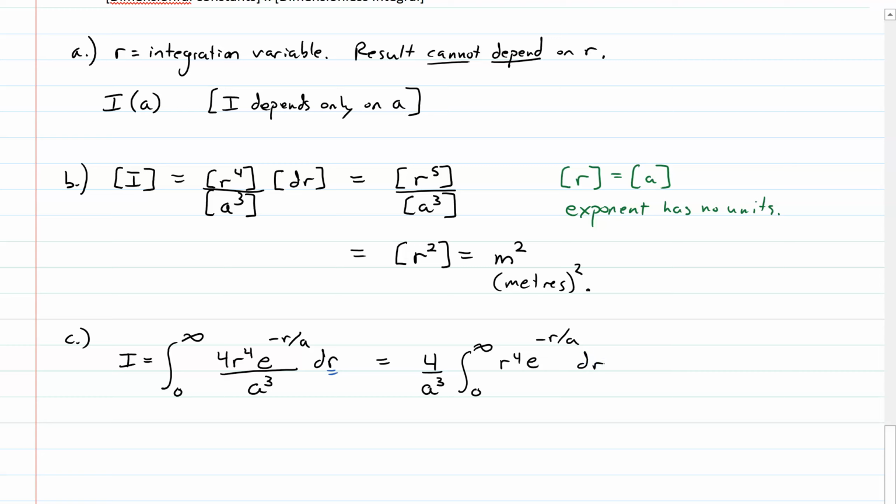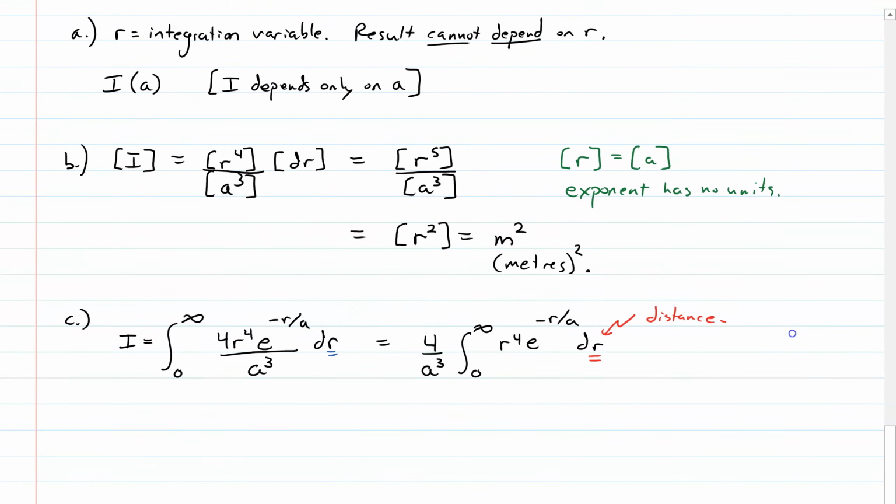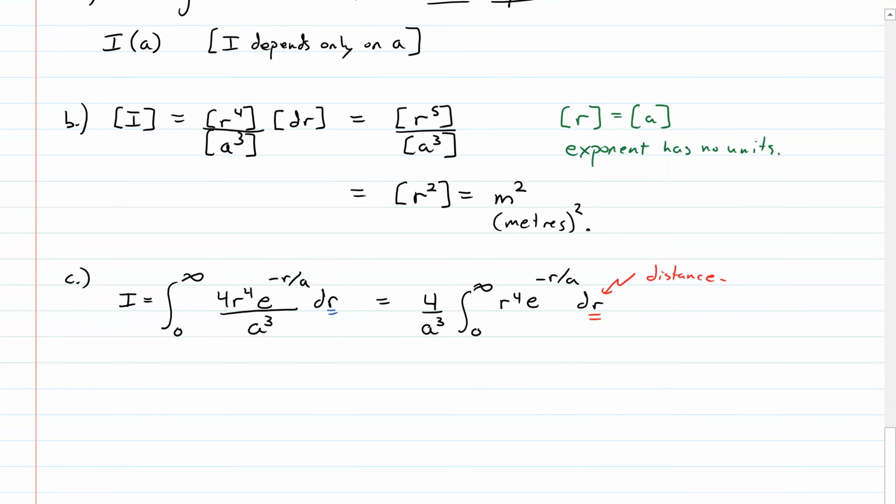Okay. Right now the integration variable r is a distance. It has units. But I want to define a dimensionless integration variable. That's what I'm trying to do, right? I want to change to a variable which has no units. So what is a quantity which has no units here? I can see up in the exponent, right, r over a. I know that a has to have the same units as r. So an obvious choice,